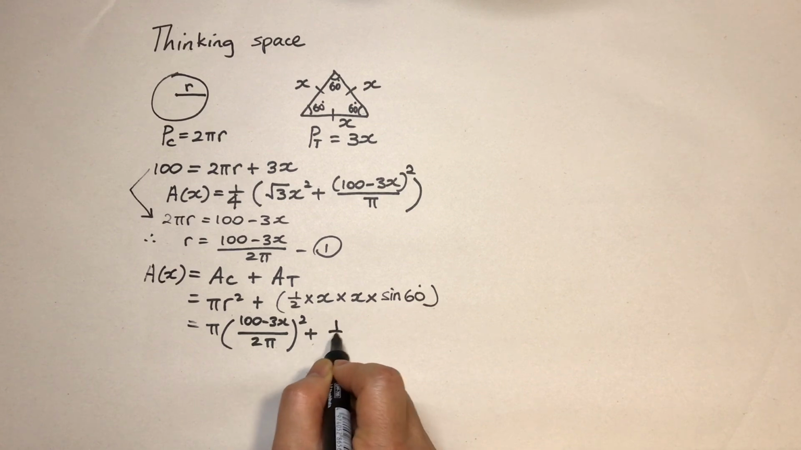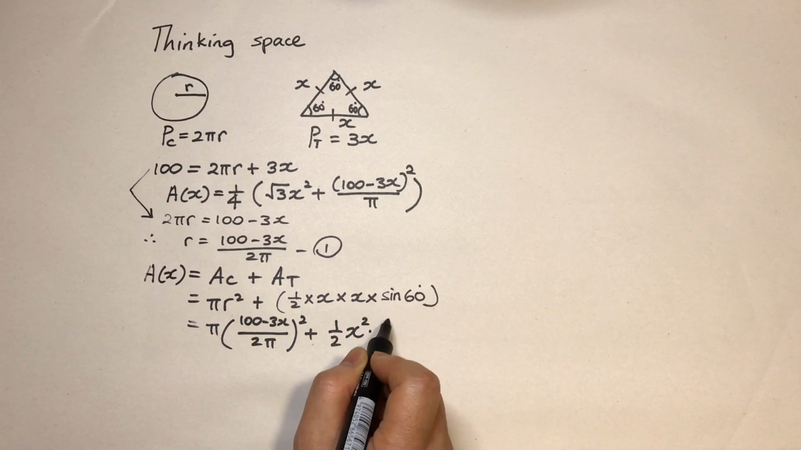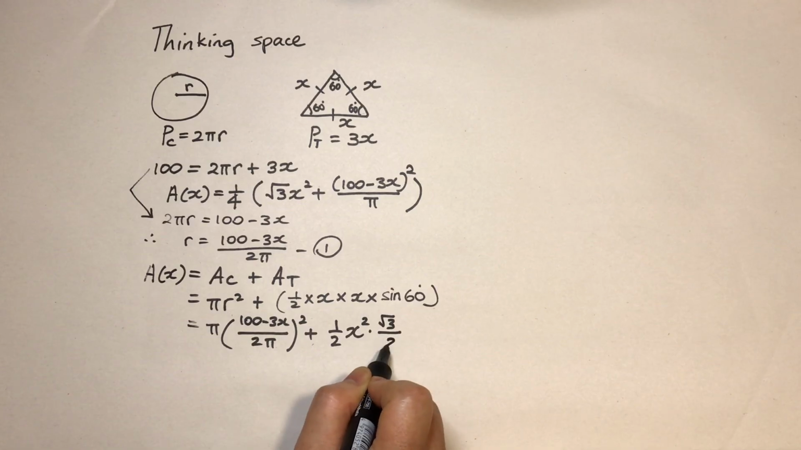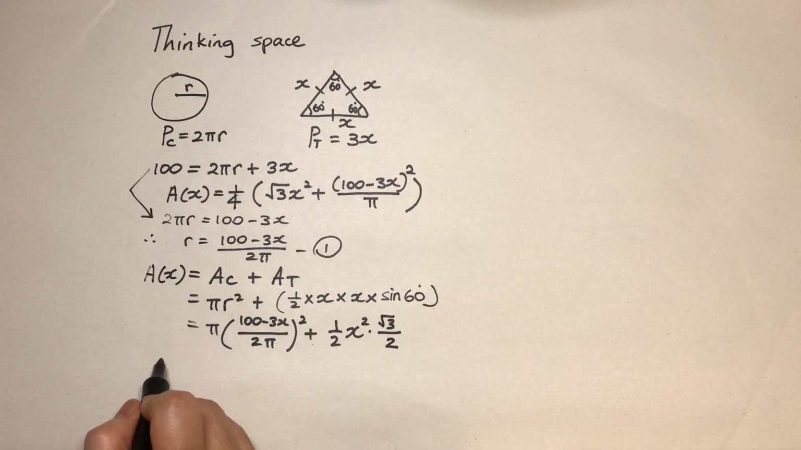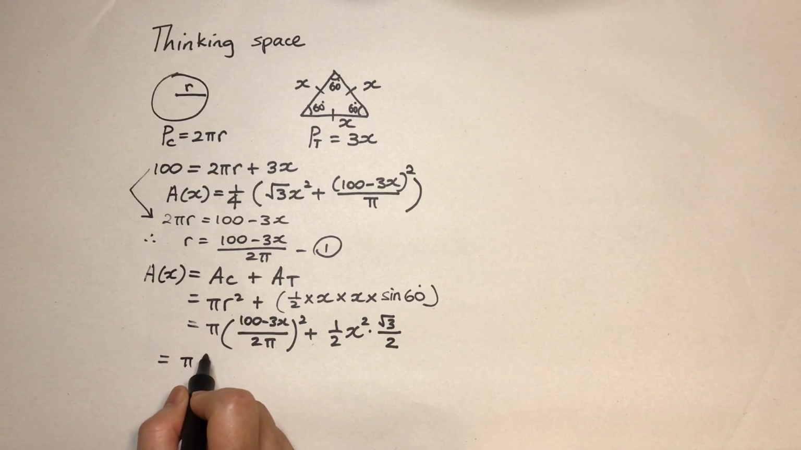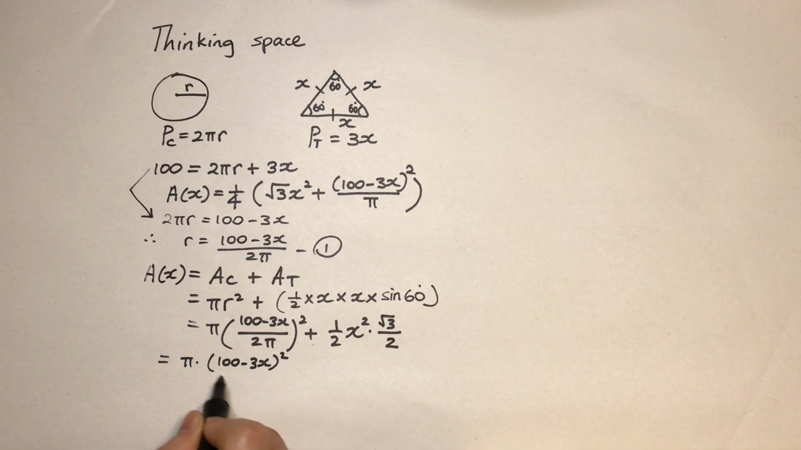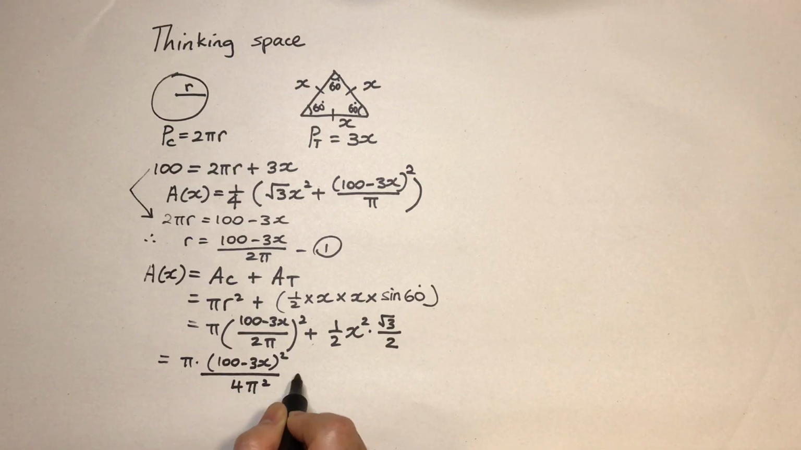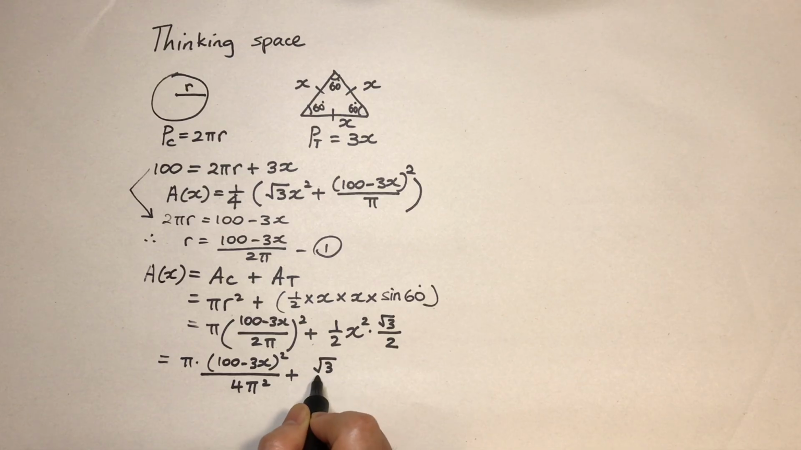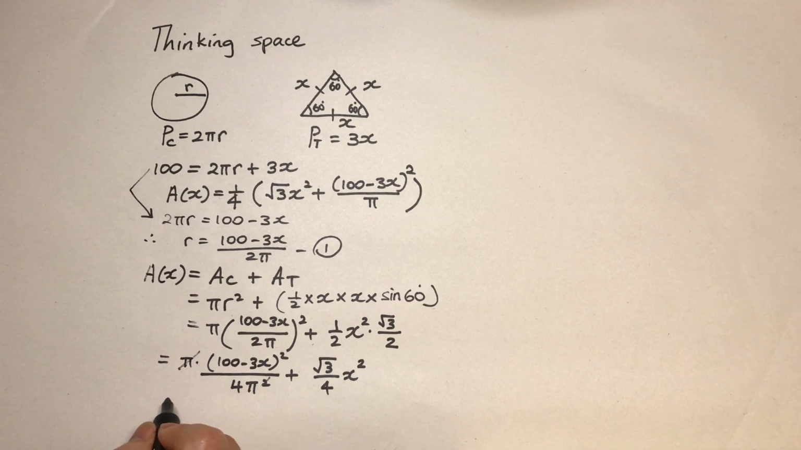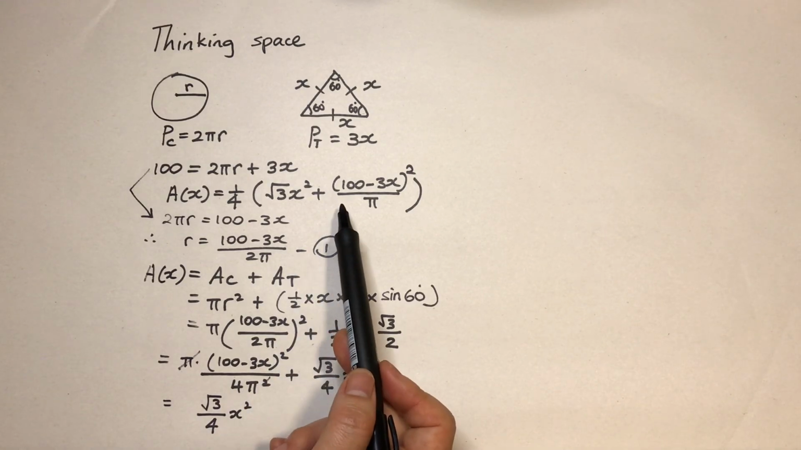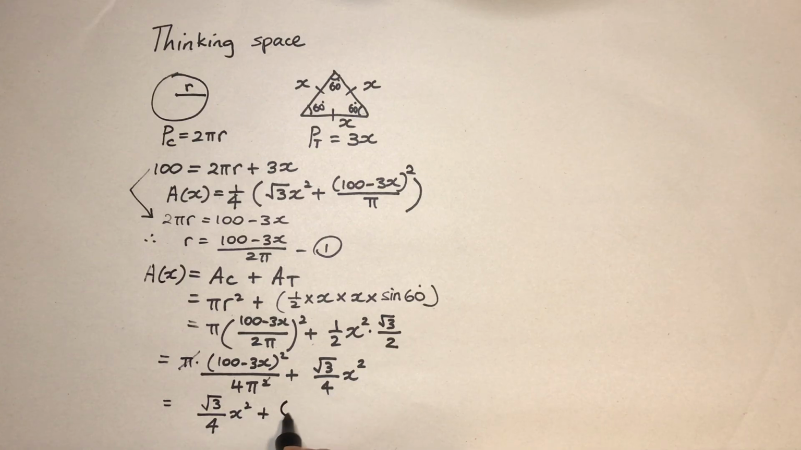Times. Now you have to use the exact value on that one. Now I'm going to cancel this, and what do I have? I'm going to put root 3 over 4 x squared to the front so that it will look like what we want to achieve. And what I have left is